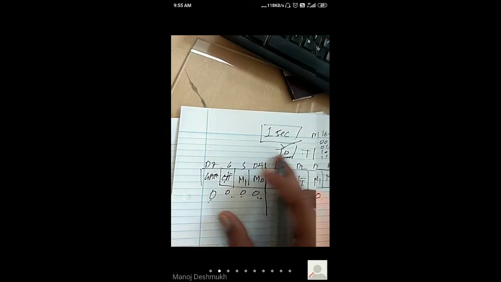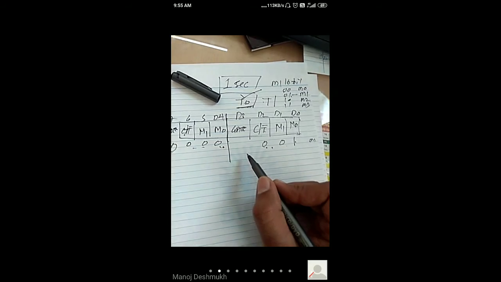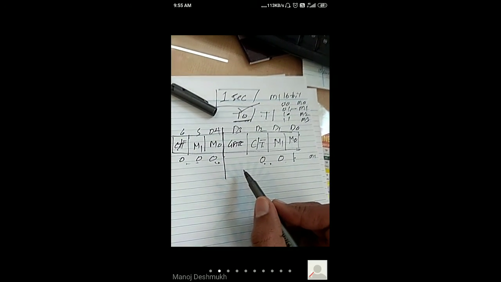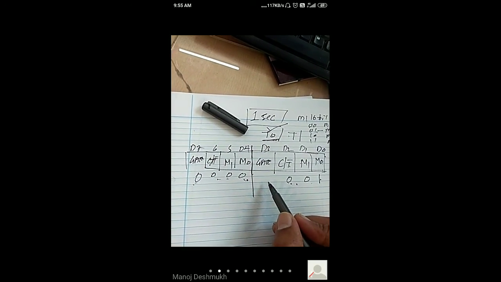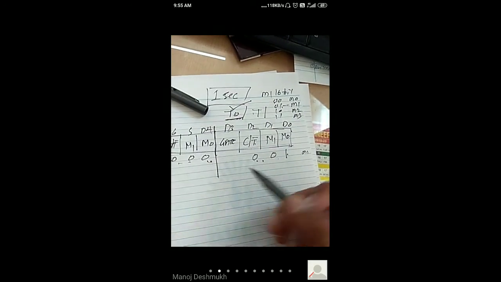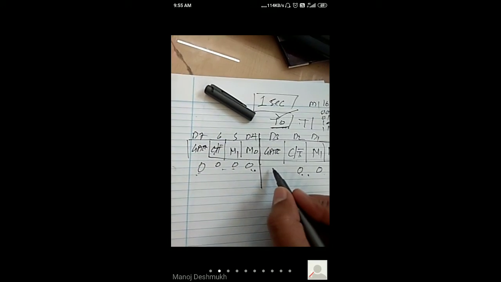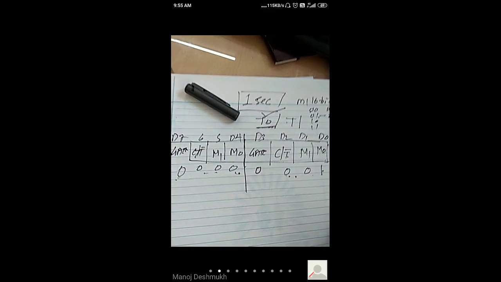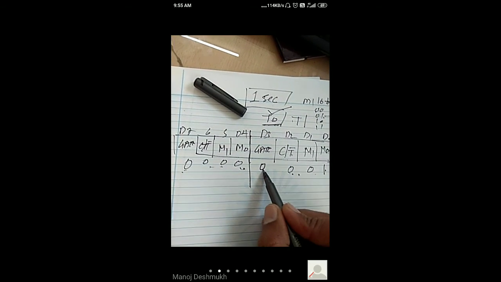After that, if we want to use an external interrupt signal for analyzing the timer or starting the timer, in that case you should make this bit equal to 1. But if you are not requiring any kind of external pulses, in that case you should make gate equal to 0. Generally we don't care about the external interrupt signals or pulses, so you should make gate equal to 0.